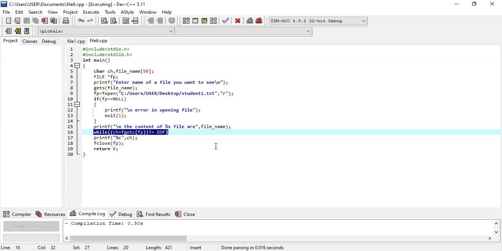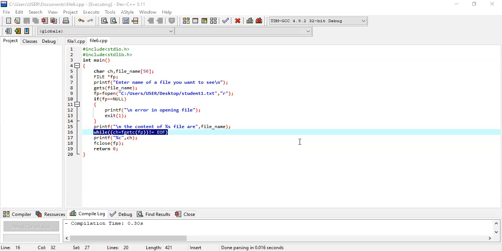Why fputc? Again, this is a file character you want to write. So fgetc is used to read the character one by one from the file, and fputc is used for writing the character one by one into the file. So this is a simple difference between fgetc and fputc.